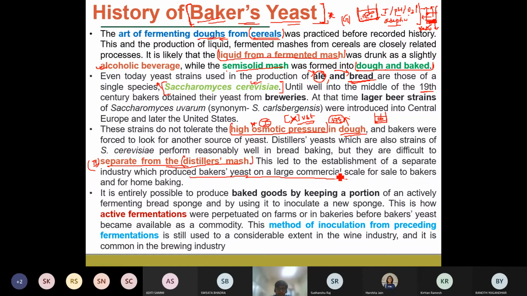Okay, so if you look into the traditional route of the fermentation of this Baker's yeast, as I told you, people used to take the cereals and ferment them, and take the upper part, which is the liquid part, which forms the alcoholic beverages, and the bottom part, which forms the yeast and was used in bread making and other applications. But how was the seeding done?